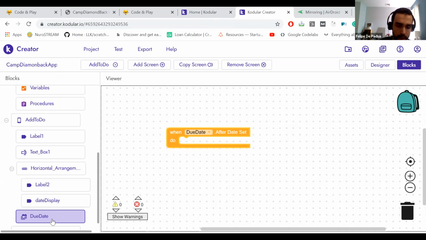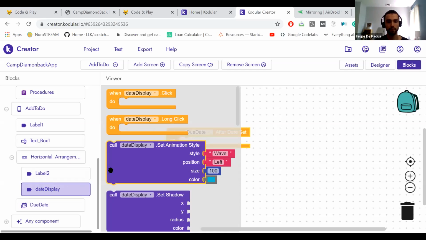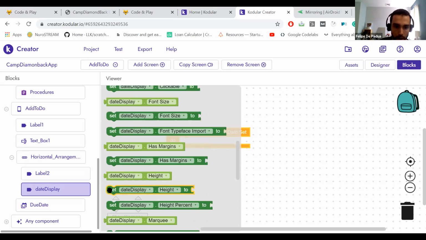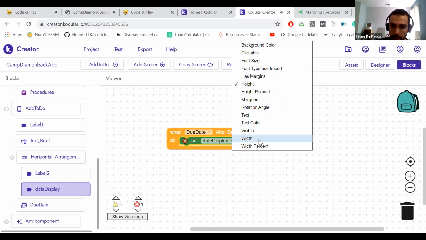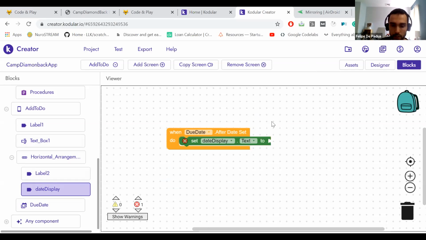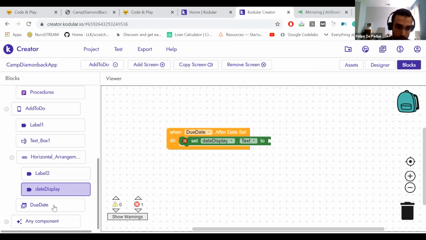So let me go back here to, what was the name of it? Date display. Okay. And you can grab any of those here. We can change, so let's set the date display text to whatever the user inputs on the date. So how are we going to do this? If you go to due date,